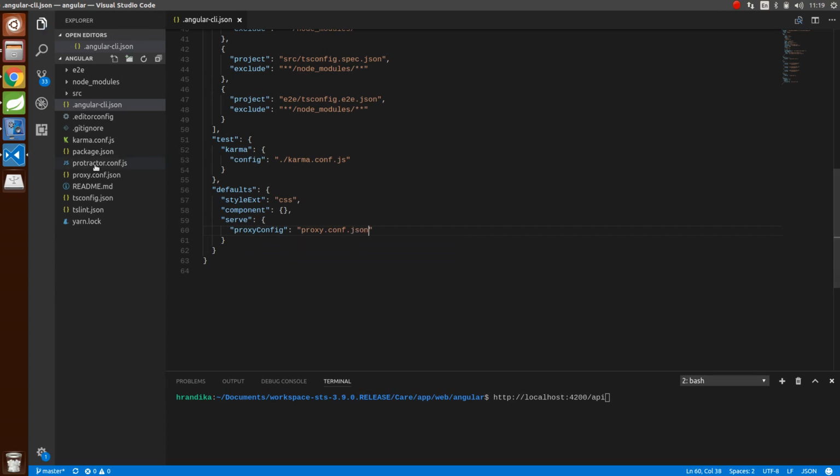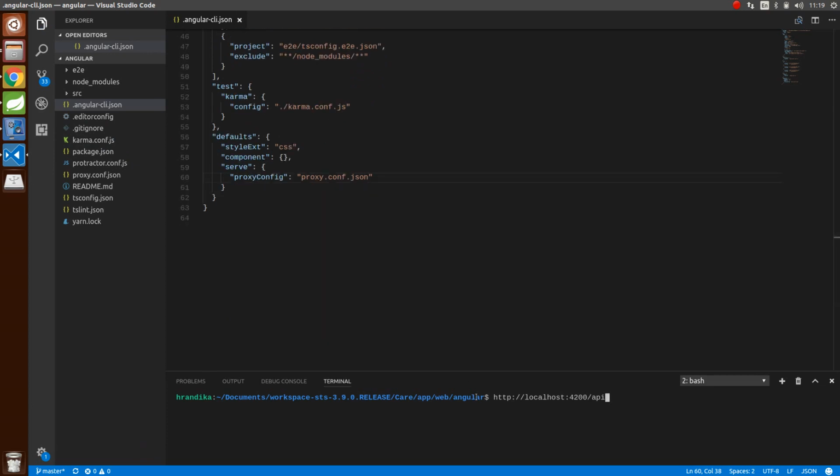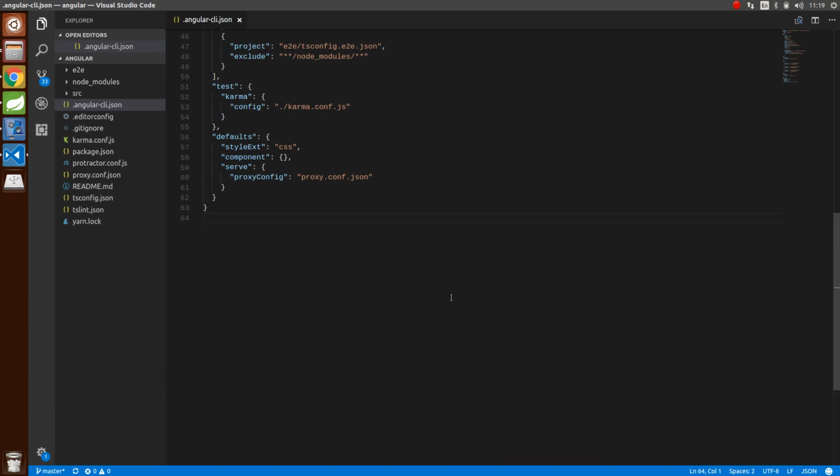Okay, so we have created the proxy configuration and we have informed the Angular CLI. Now if we open a terminal, the nice feature about Visual Studio Code is that you can use a built-in terminal. In Linux it would be Command and tilde, the key that's left of your number 1 on your keyboard, so that's the tilde. If you press Ctrl and tilde, you will get a nice terminal,